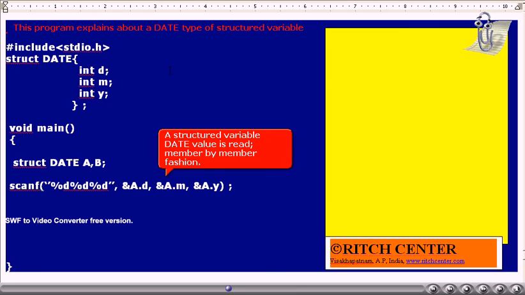Similarly, A dot M is also an integer, and also A dot Y. If we want to read data into the structured variable A, we have to read member by member only. Thus, this scanf statement is written in such a way that it will read data into A dot D, A dot M, A dot Y integers. Thus, we have used ampersands before each of them.